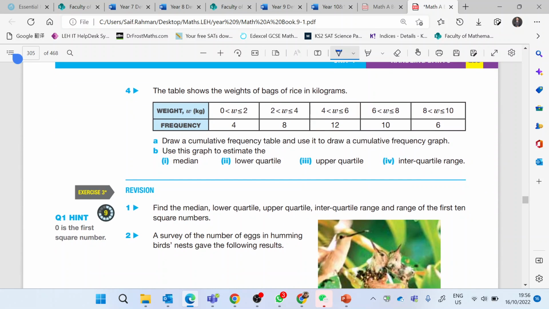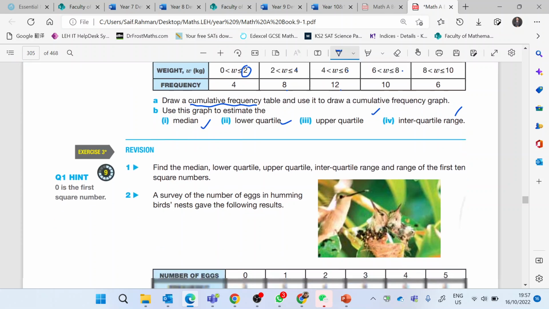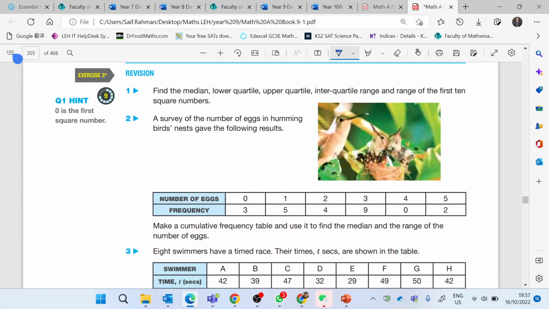And the table shows the weight of bags of rice in kilograms, right? So for 2 it's 4, for 4 it's 8, up to 6 it's 12. So we have to draw a cumulative frequency graph for this, and then find the median, lower quartile, upper quartile, and interquartile range. In this question,